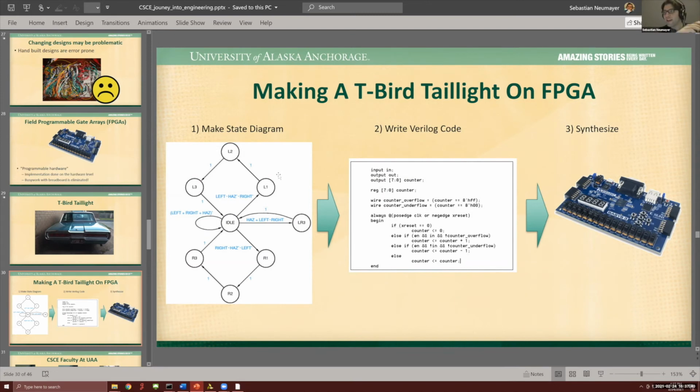You can imagine this board, it has LEDs. When I click this button up, the LEDs light up: 1 LED, 2 LED, 3 LED. And so it has switches and LEDs, and you can simulate that on this FPGA. That's the sort of stuff we would do in one of the computer science classes. This is more on the computer engineering side.